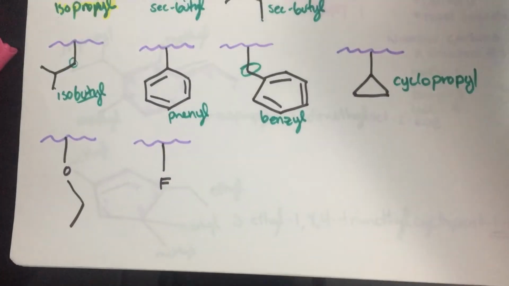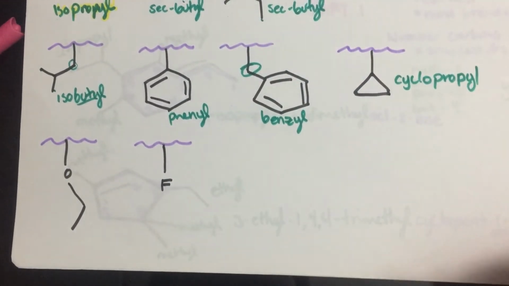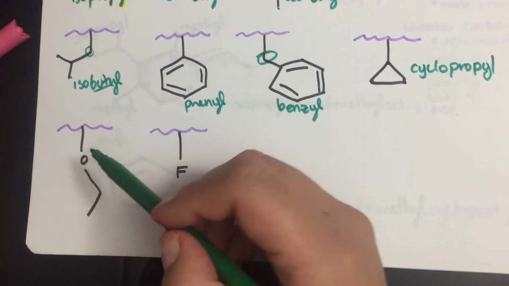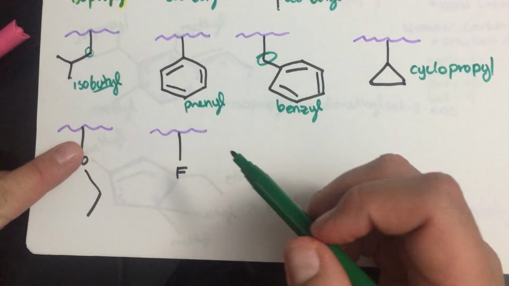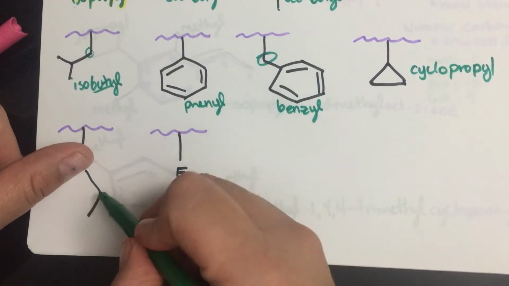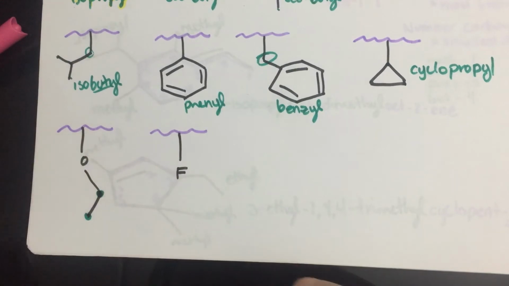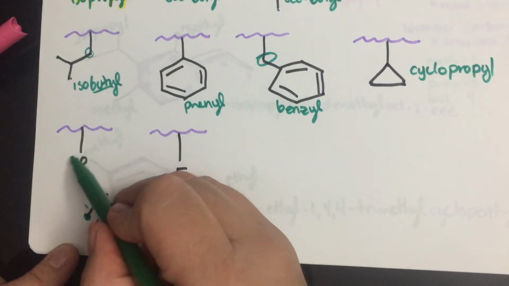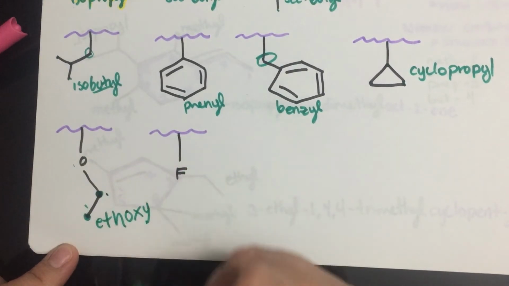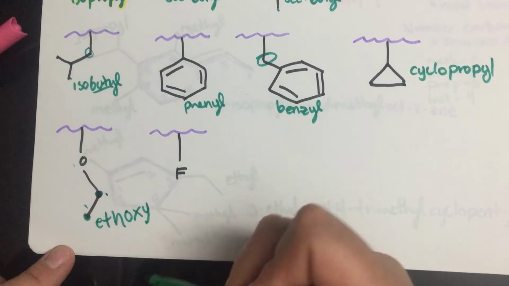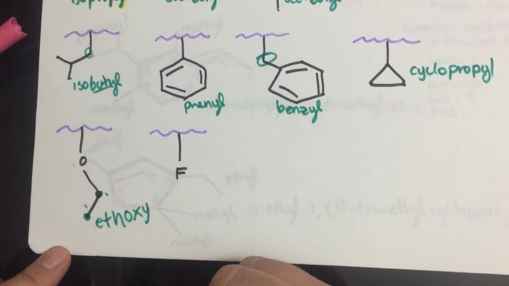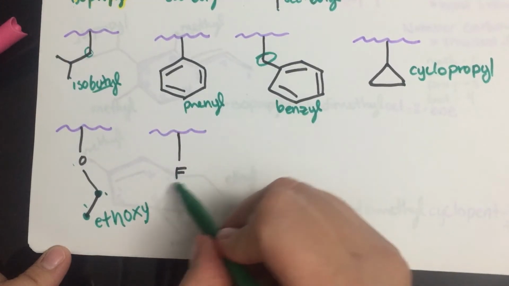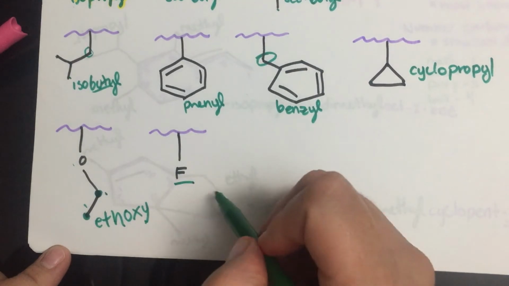Okay, finally, all right, our last ramifications. Okay, so here we have an example of an ether. How do we call an ether that is a ramification? Well, you need to cover up the oxygen. Okay, and you count how many carbons you have after that. 1, 2. Okay, so 1, 2 carbons, so that is an ethyl. Okay, and then this oxygen right here, oxy, ethoxy. Okay, could be methoxy, 1 carbon, then followed by an oxygen, etc. Okay, our final version, it's our alkyl halide, which is, in this case, a fluorine group,